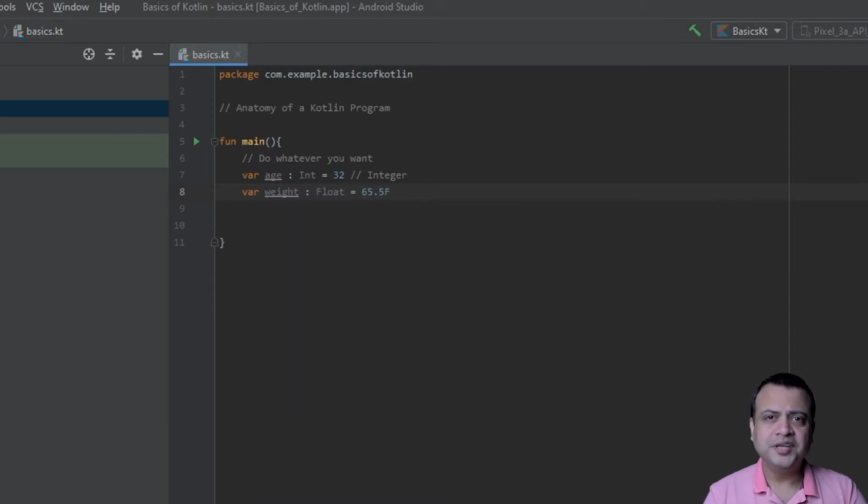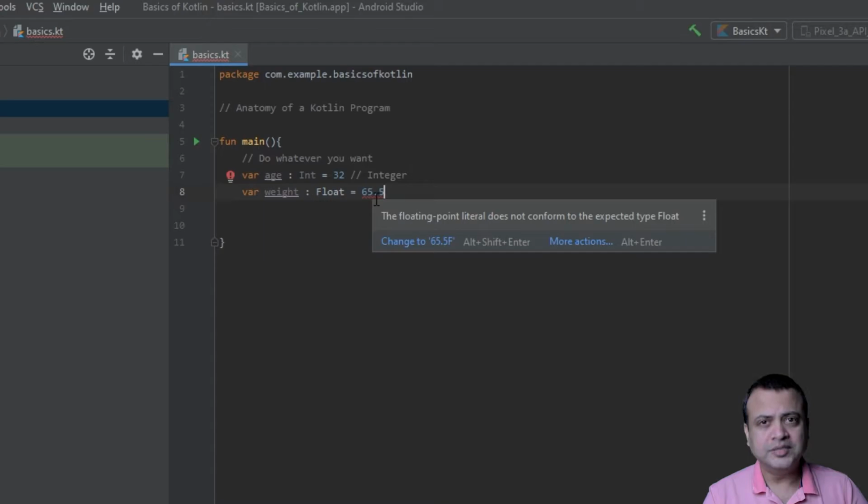I have declared a variable named weight of type float and added the value 65.5 to it. The extra f is necessary for Kotlin to understand that you wish to store 65.5 as a float and not as a double. If you don't write that extra f, Kotlin will start complaining. Let me show you. As you can see, the IDE is complaining that the floating point literal does not conform to the expected type float, and it is asking me to change to 65.5f,